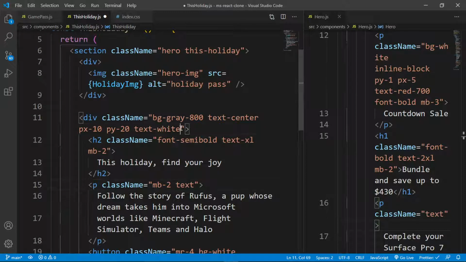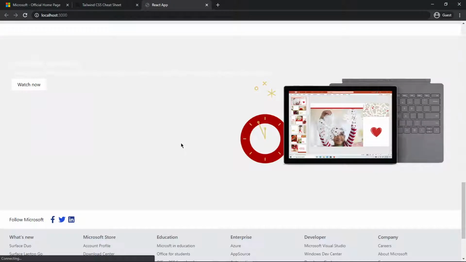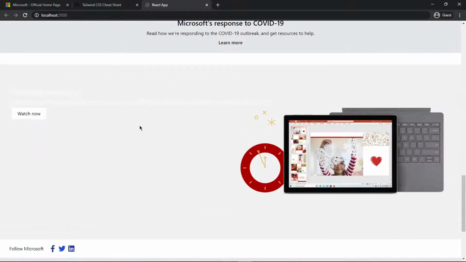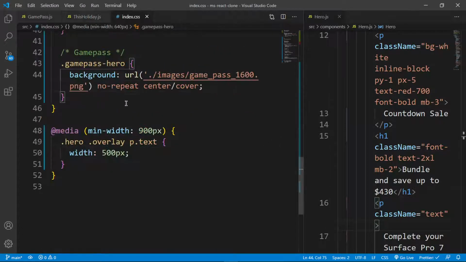So on the MD, I'm going to say for the small screen, I want the BG transparent, and once again for the small, I want text-left. Let's save that, and we will have this. So all we need to do is change the image. Okay, so for this holiday,